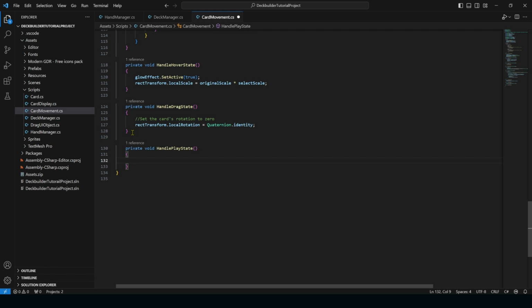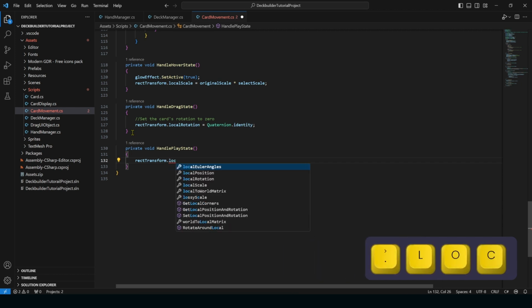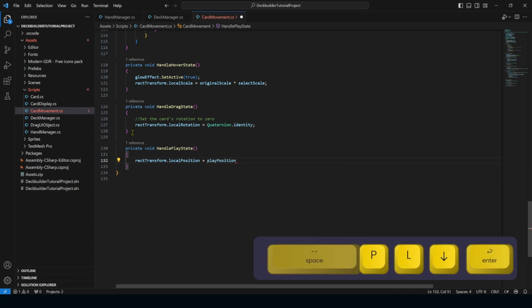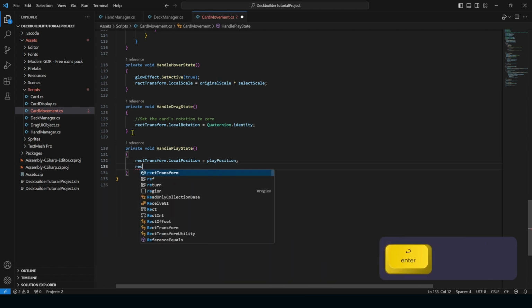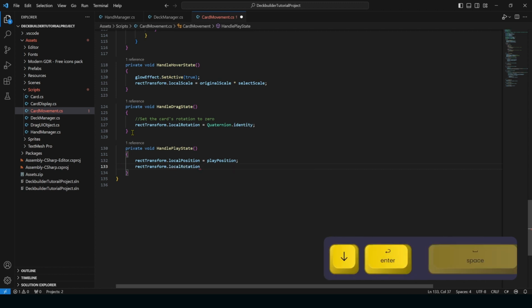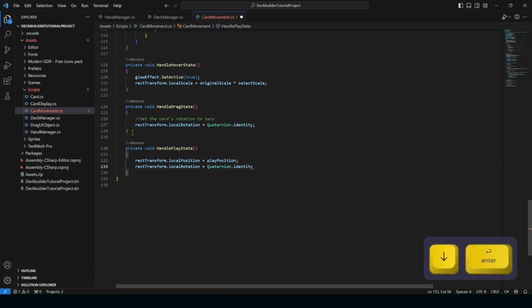And if we drag back down below Y, that we revert back to our dragging state. So to do that, we just need to put recTransform local position equals play position. It should be pretty familiar. recTransform local rotation equals quaternion dot identity,